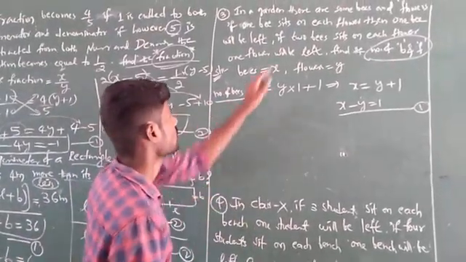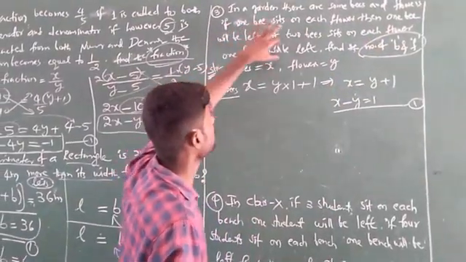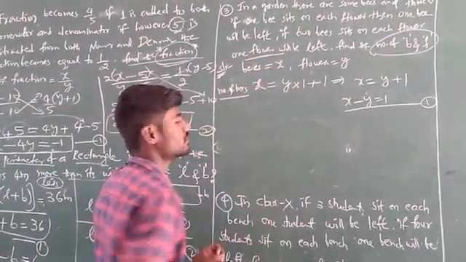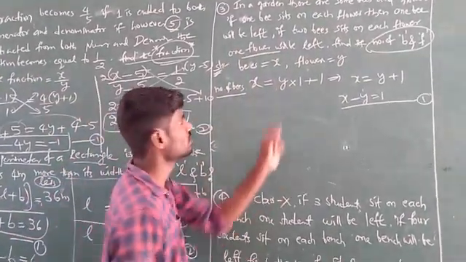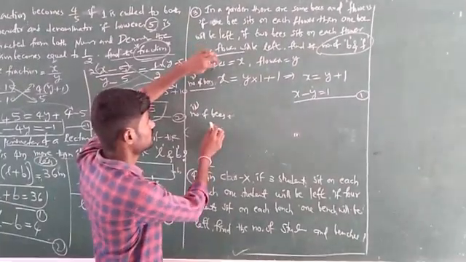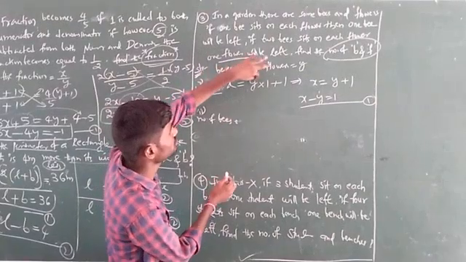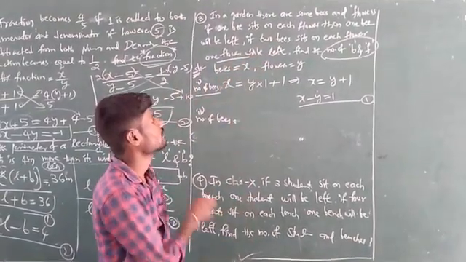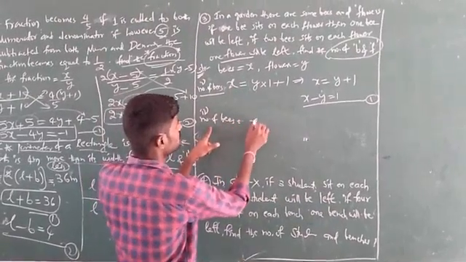Next condition. If 2 bees sit on each flower, one flower will be left. Don't get confused here. Similarly, in the same manner. See, again what we are finding is the number of bees. The second case is also the number of bees. Students, in the first case the number of bees x equals, on each flower one bee will sit, and one bee will be left. But in the second case, the number of bees is defined as